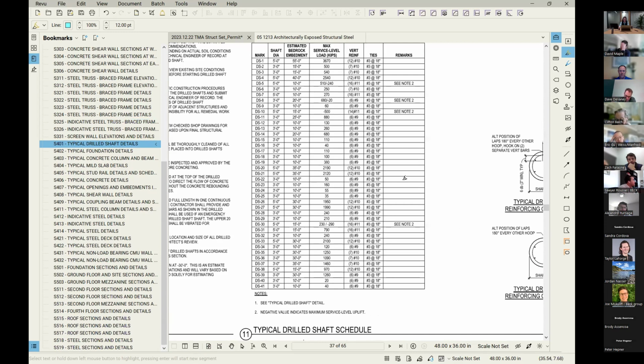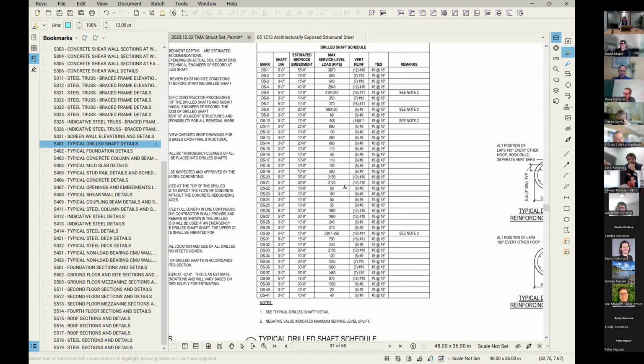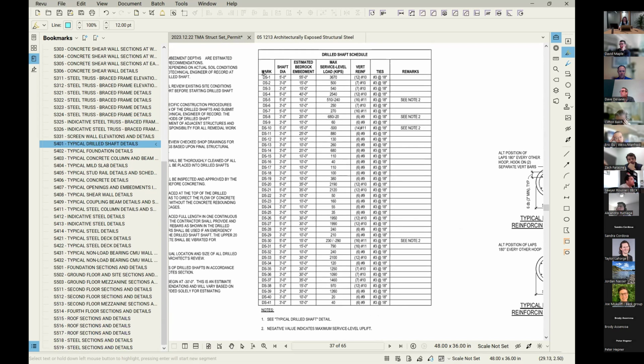shafts, including requirements for pilot holes being bored at drilled shaft locations, geotechnical requirements for observing the hole prior to casting the drilled shafts. For every single drilled shaft, we've scheduled it with the specific reinforcing required, the estimated required bedrock embedment based on the geotechnical information, and also to supplement that, how much load we are resisting at that drilled shaft, which the geotechnical engineer would use if needed to adjust the bedrock embedment in the field